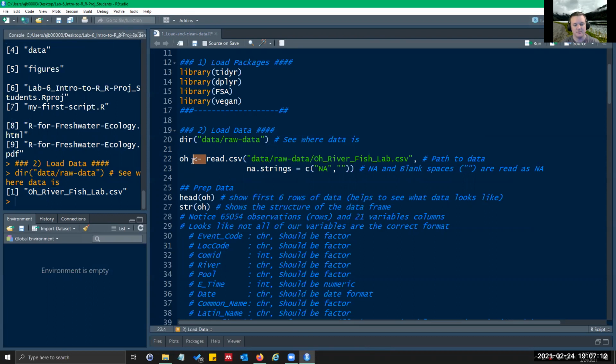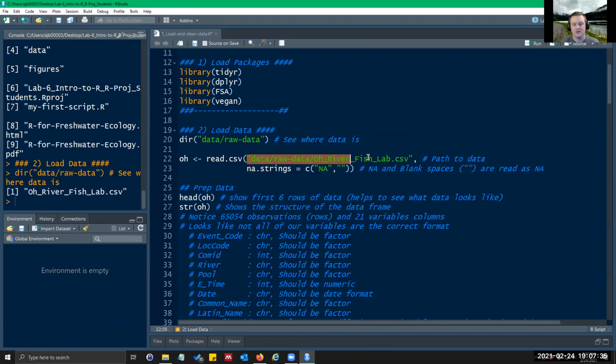This is your assignment operator. So anything that you do on the right, whatever function, is going to be assigned to the object on the left, in this case, Ohio. So this function, read.csv, will read in a CSV, which I just showed you.